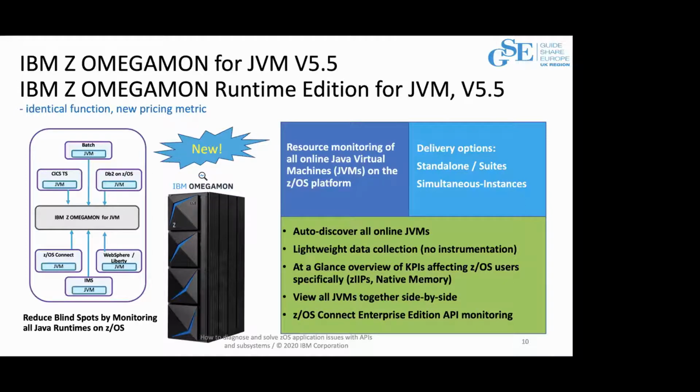So you'll see them online, and we've seen customers who are actually unaware that they're running Java workloads in production, or specific Java workloads in production, because they've not been monitoring them. So just installing the Omegamon JVM agent and starting it, it auto discovers all of these JVMs. So customers saw the value of that straight away. When compared to other Java monitoring, we did say